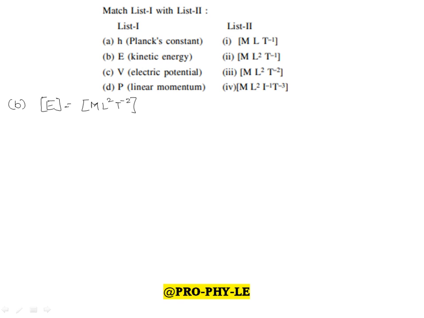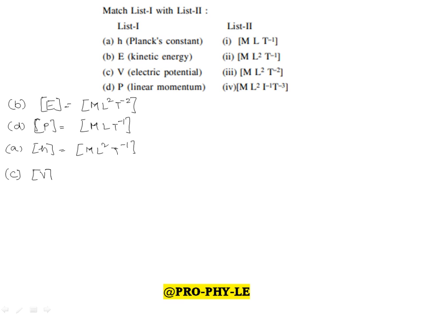And similarly for linear momentum, it is mass into velocity, so M L T power of minus 1. And then for Planck's constant, that is of angular momentum, that will be M L square T power of minus 1. And similarly for electric potential